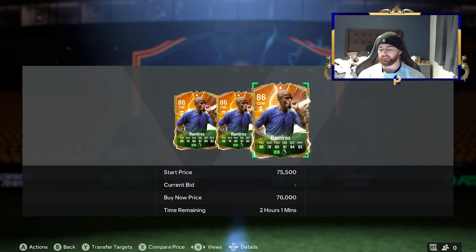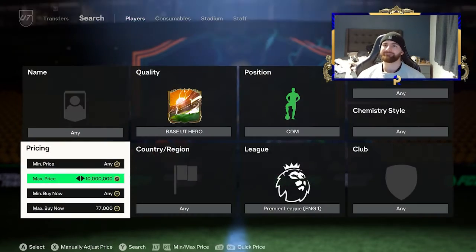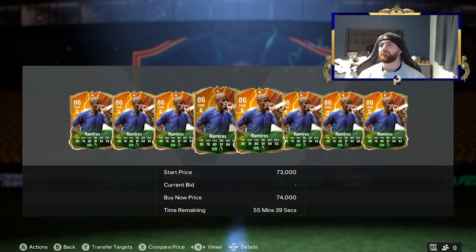So what you do want to do in these scenarios is just check on your phone, see what Ramirez is going for. Let's have a look. Ramirez. So 74k is the standard. So actually, that's quite... the EA tax on 75...